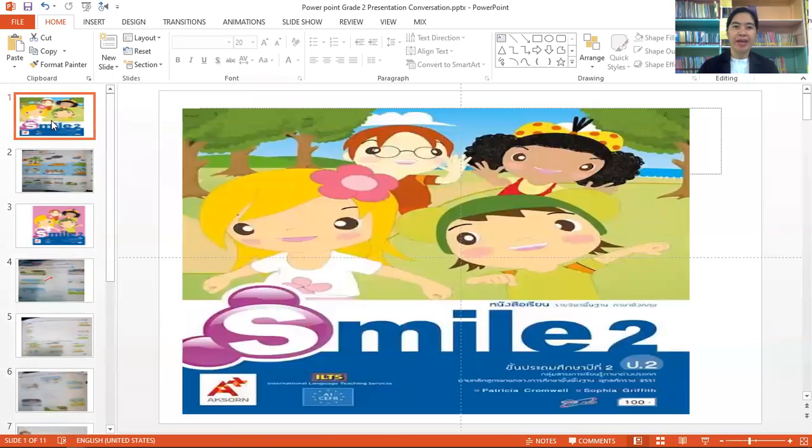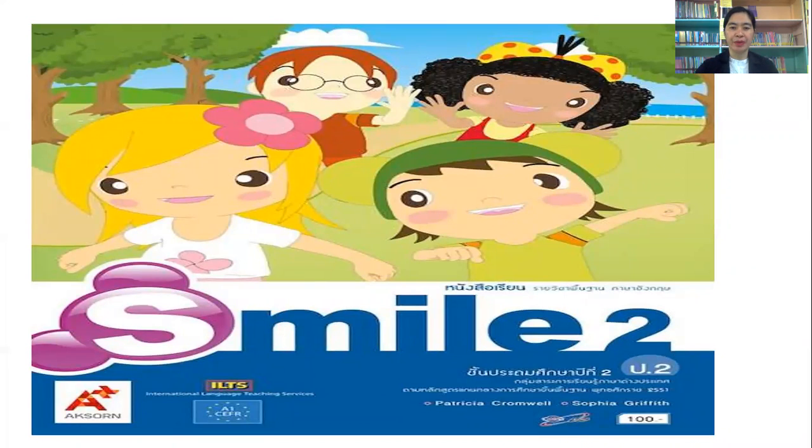We're going to study today our English book, the Smile book. Kindly get it, we're going to use it today. So please get ready. I'll give you the book that you're going to study. Let's get the Smile book. I want everybody to be ready for our lesson today. Kindly get the Smile book, the color green and blue.